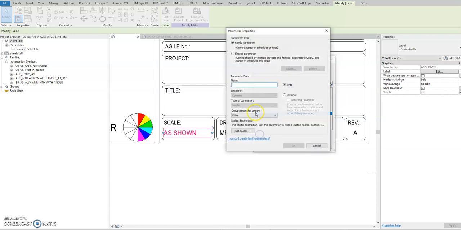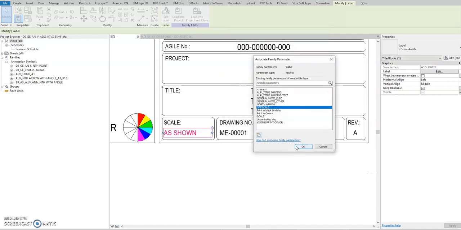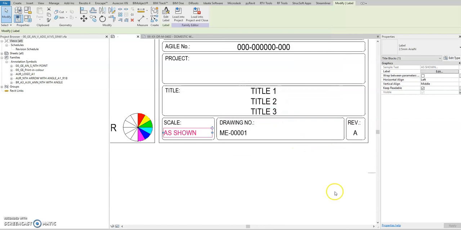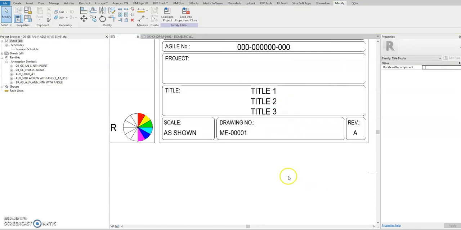Okay, new upscale, other type is ano. Okay, and then select instance. Okay, next is